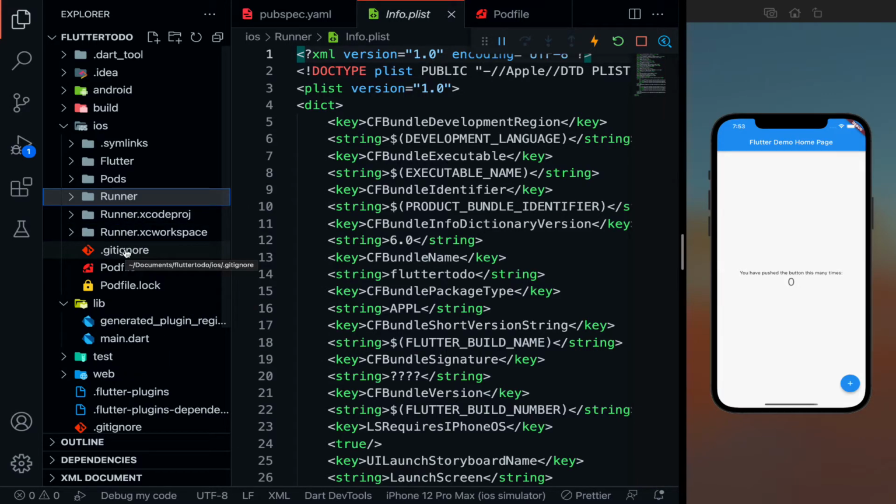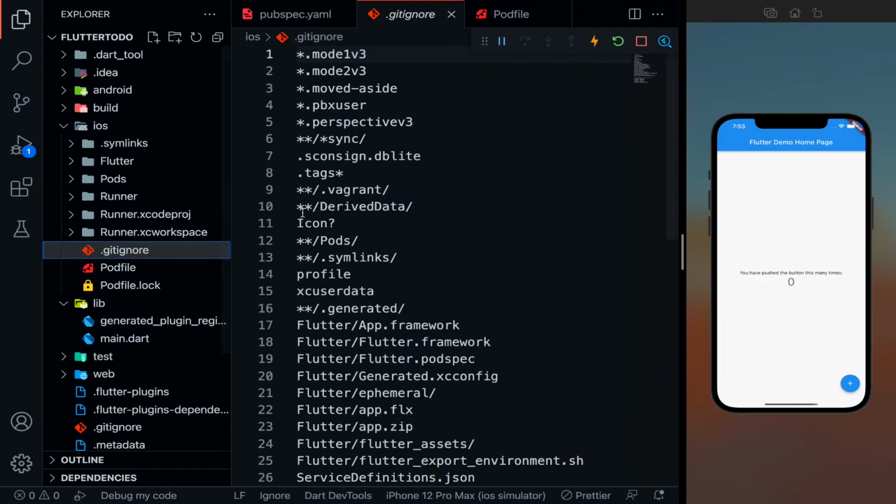And this .gitignore, if you are familiar with GitHub or Git, then you will know its functionality. Some files we don't want to upload to GitHub or any version control system. At that time we can write that folder name in this .gitignore. So you can see pods is over here because we don't want to upload pods. Whenever someone downloads or clones my code, another pods folder will be installed for him or her. My pods folder will not work for them because it is for my system, my laptop, with my compatibilities in it, right? So this was the iOS folder.